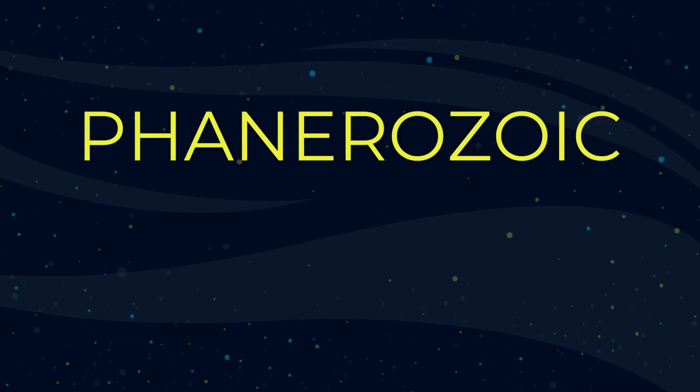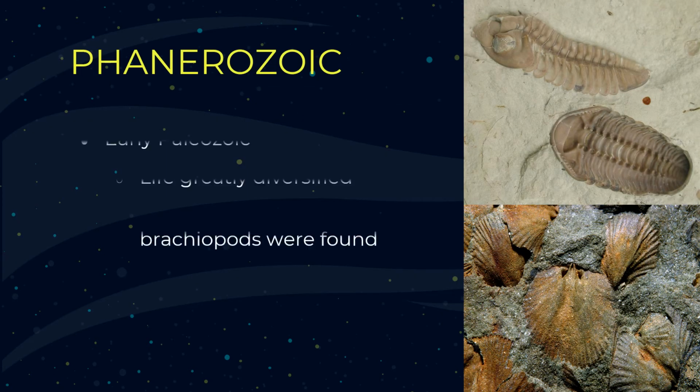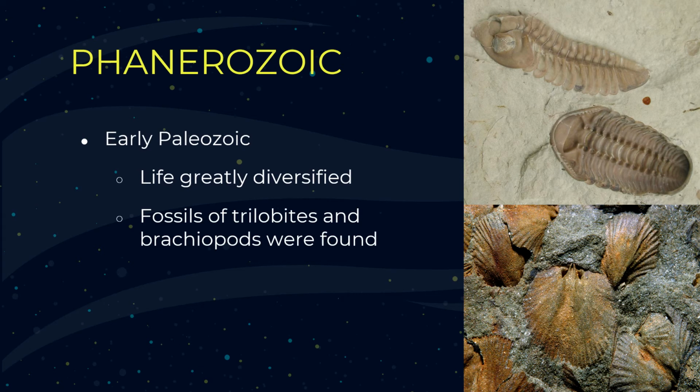Alright, so next we have the Phanerozoic Eon. The Phanerozoic Eon consists of three eras, which include the Paleozoic, Mesozoic, and Cenozoic. Each era is characterized by different or significant events. During the early Paleozoic